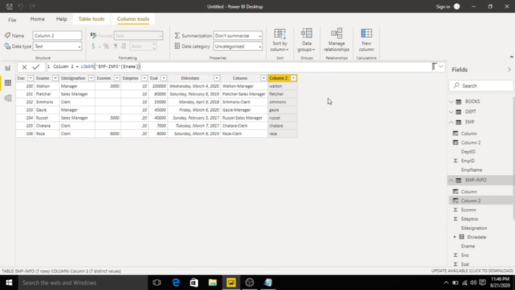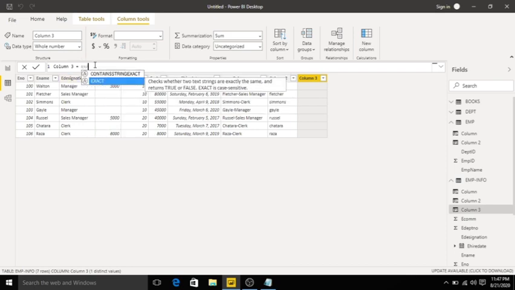We have another function called EXACT. Click new column. EXACT takes two parameters and returns true if both are the same and false if they do not match.